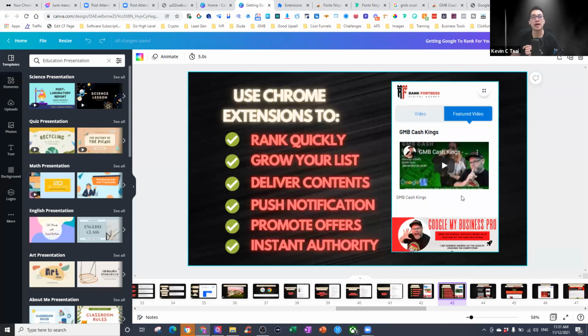Now, let's say you've built up a list of 100, 500, 1,000 people. Now you can just, with a click of a button, everyone, literally everyone who has the Chrome extension installed will receive a live notification on their page. I'm sure you all know what those look like, but essentially it will just pop up on the page. And if you don't click on it, it won't disappear, right? Which means